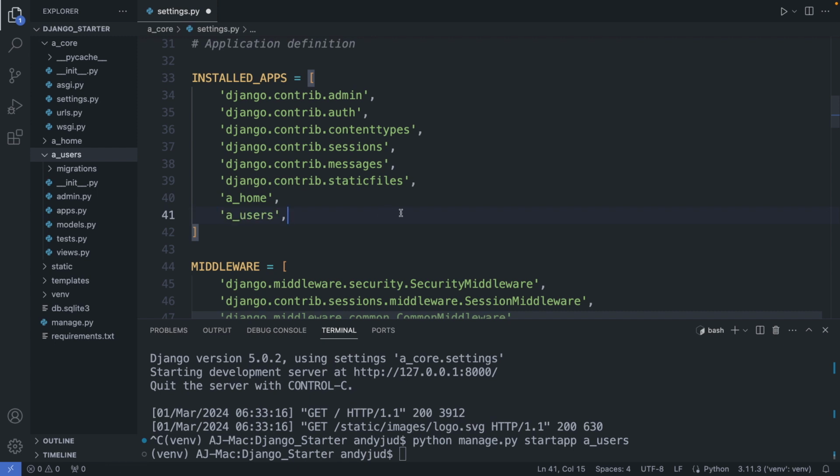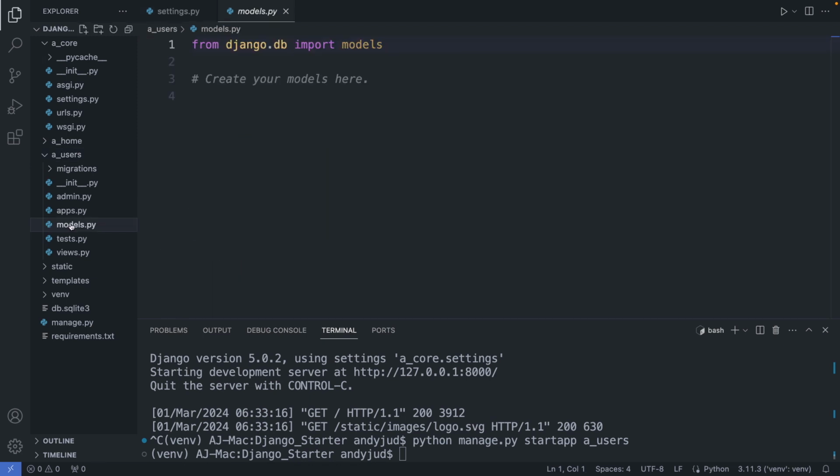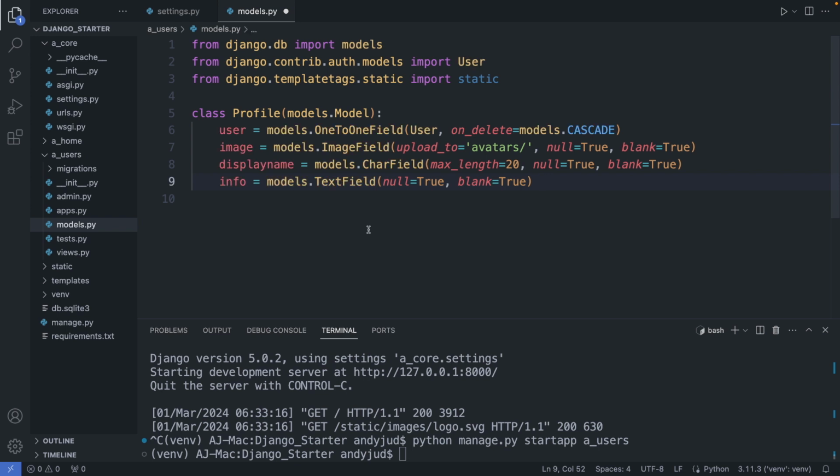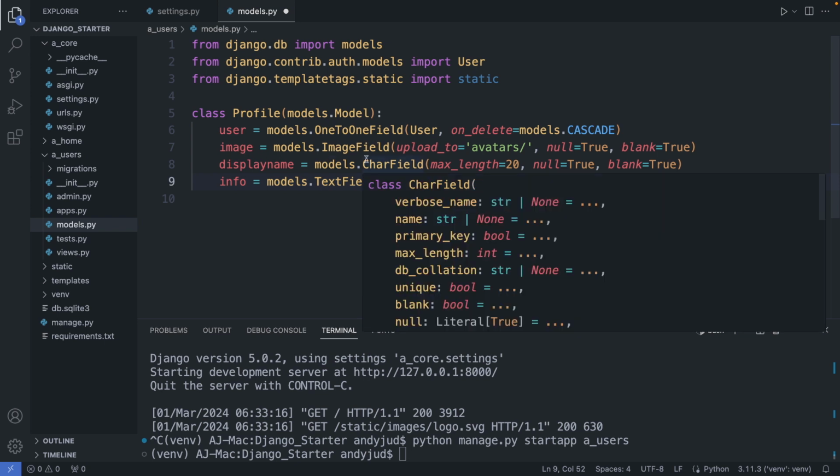Next, we create the user model, which can store the user profile data in the database. So we go to models.py. For this we need the user class and the static function, which we will need to display a default avatar image. So this is my model class. We have the user, which is a one-to-one field with our Django user. Then we have the image property with the image field to upload our avatar images and store it in the